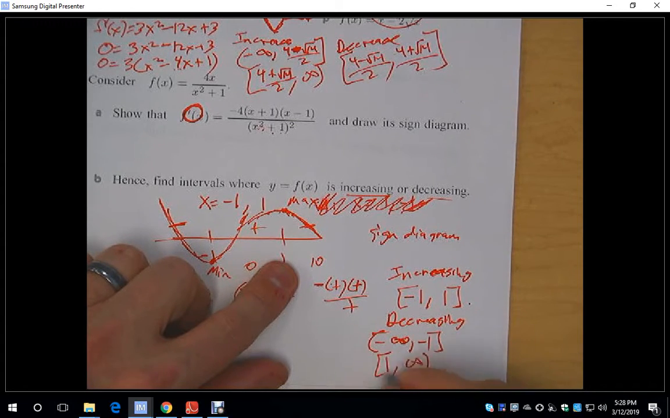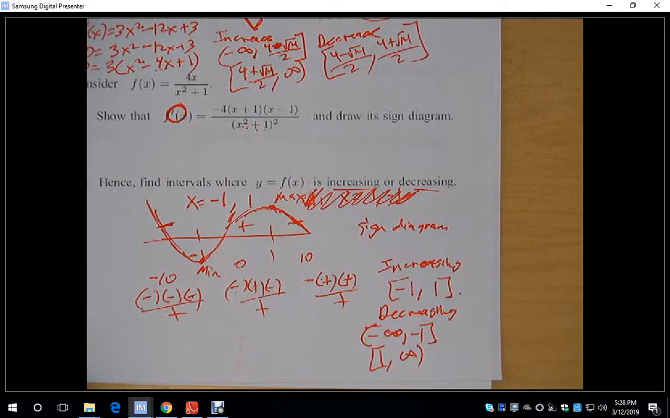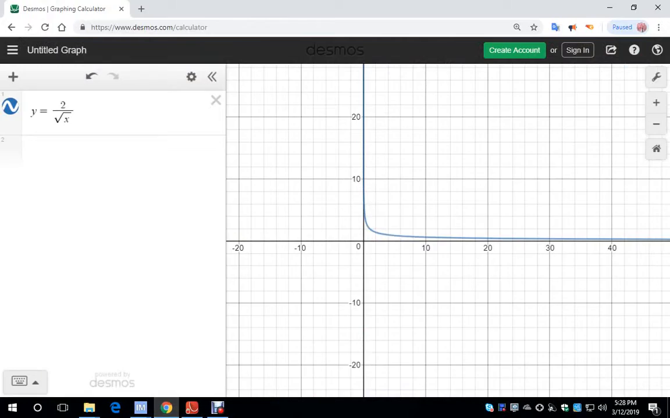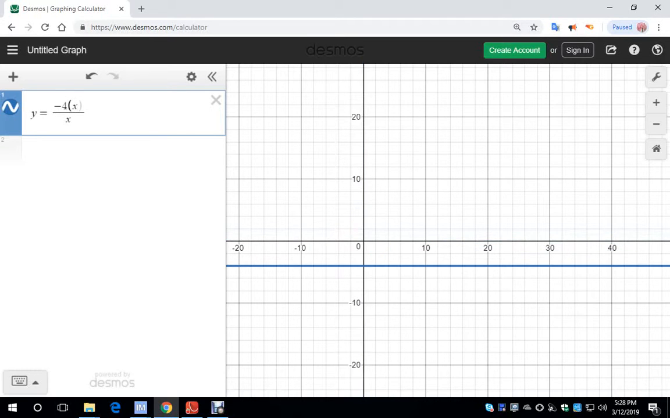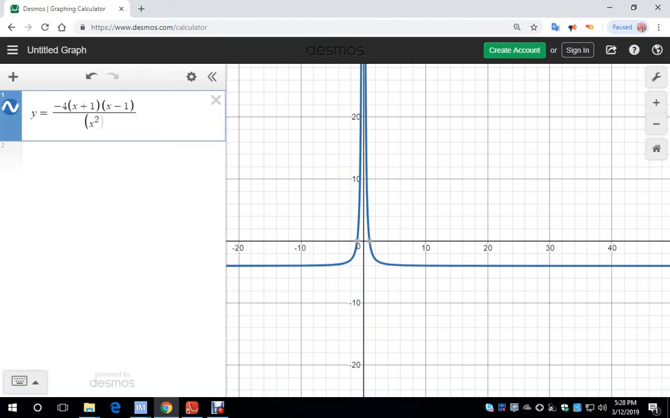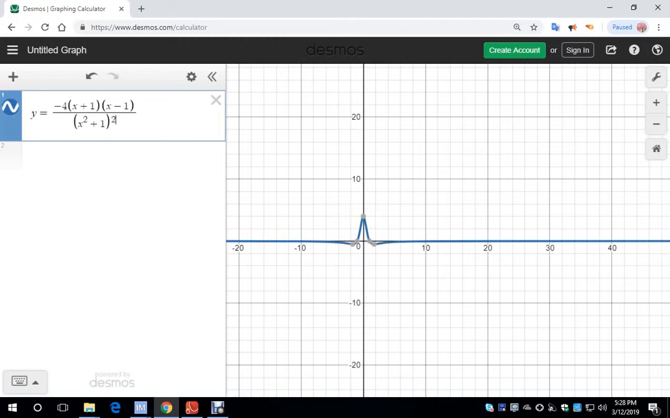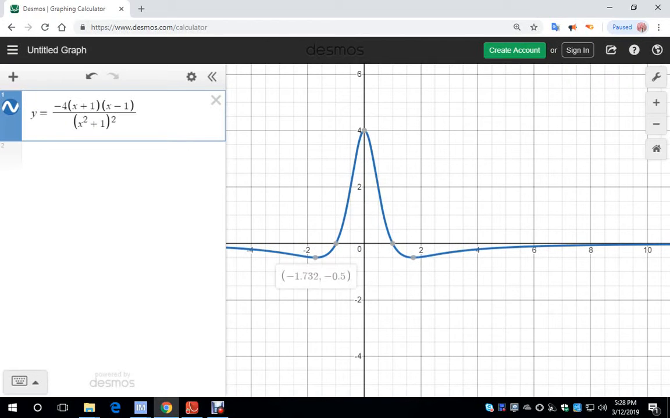So we could actually throw this in our calculator if we want to and examine whether this is actually what is happening. So I have y equals, and this is going to be a rational function, -4 times (x plus 1) times (x minus 1), all over (x squared plus 1) squared. So we do have our stationary points are,